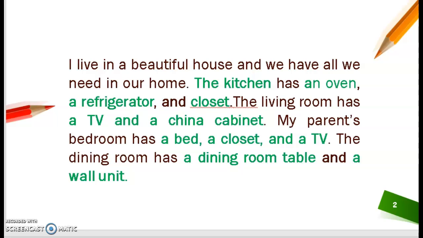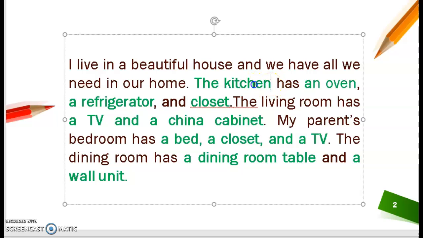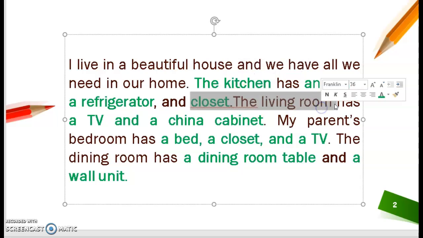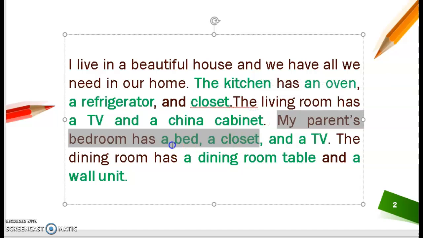So as you can see here, the words in green are places in our home or appliances and furniture. So if I want to rewrite this paragraph, I can change some of the words. So if I want to use, instead of the kitchen, another place in my house, I want to pay attention to the other places that are being mentioned. So for example, the living room, my parents' bedroom,